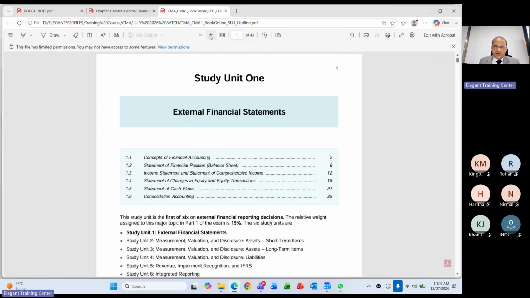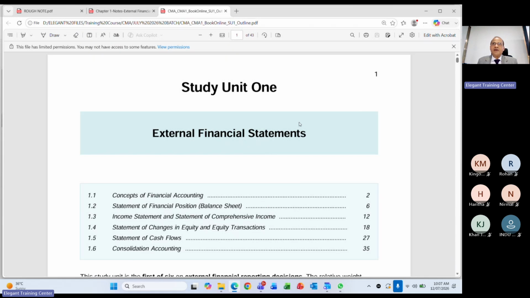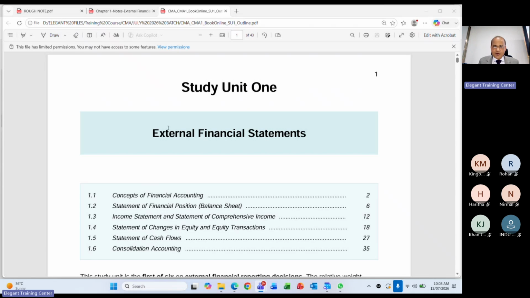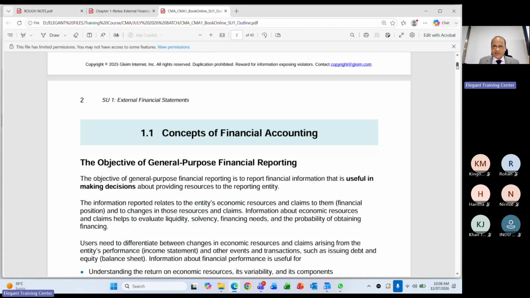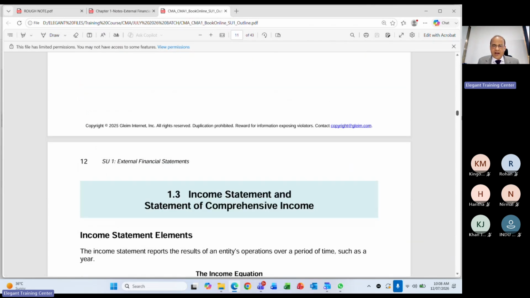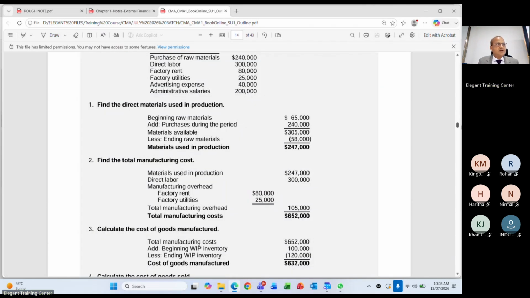Okay. So basically, we will be following GLAIM materials, right? We will follow GLAIM materials, and you can see the screen is visible to all of you. Yes, sir. You can see the screen. Okay. So this is GLAIM material, right? For every chapter, they have study notes. Let's say this is, for example, chapter number 1, right? So this material is coming from GLAIM, clear?